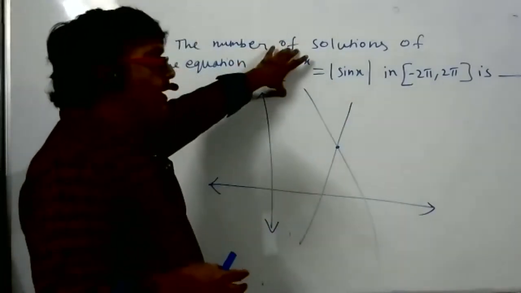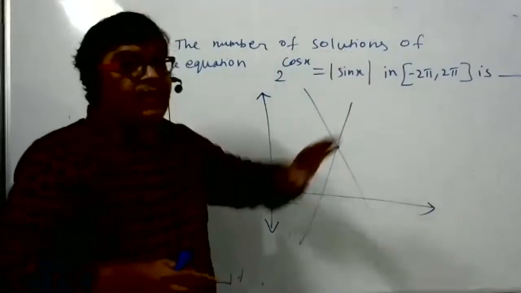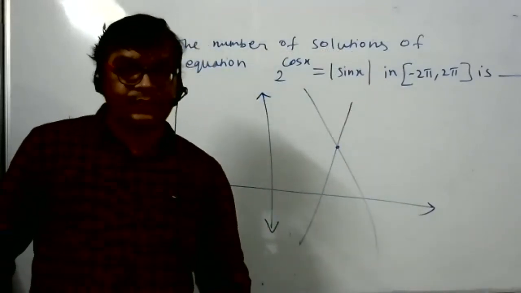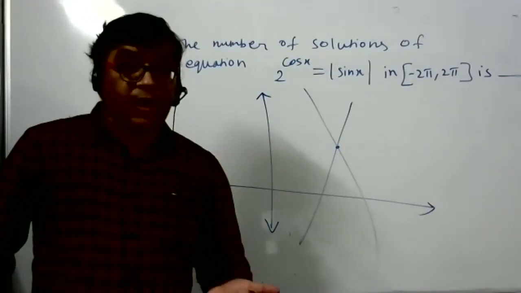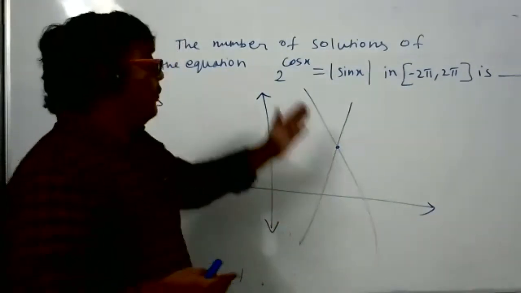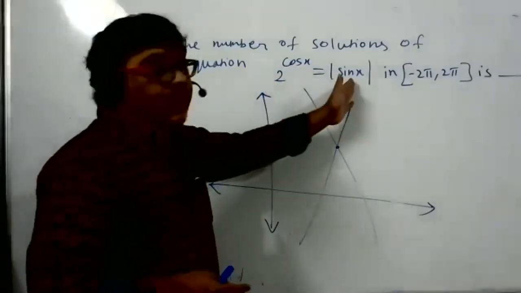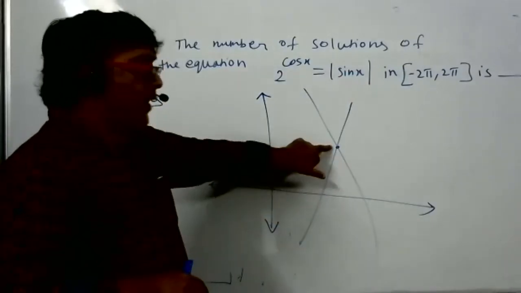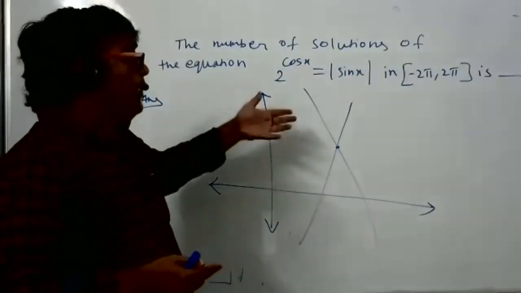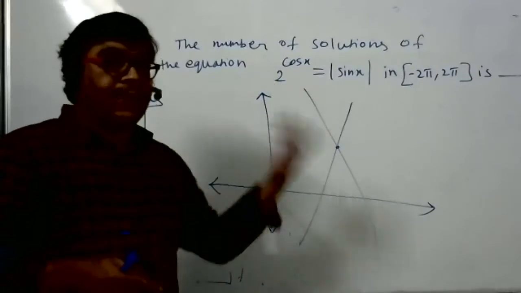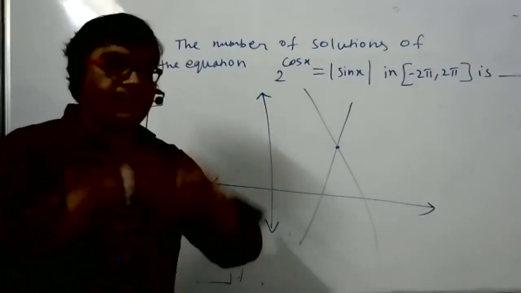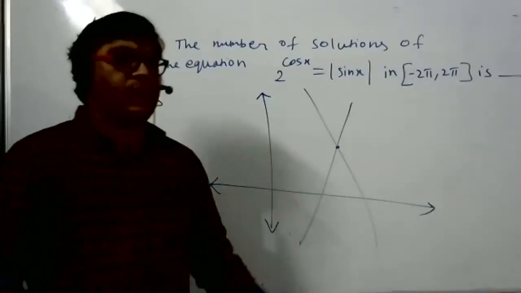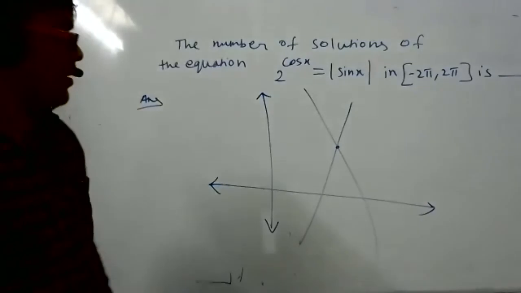The left hand side curve and the right hand side curve will intersect, suppose 5 times. So how many solutions it has? 5 solutions, because 5 times they are becoming equal. We have to see when the left hand side becomes equal to the right hand side. If they are intersecting, at that place both have the same value. So in order to find the solution, you draw the graph of the left hand side curve and the right hand side curve on the same graph paper and see how many times both graphs intersect. That many solutions. That is the concept.